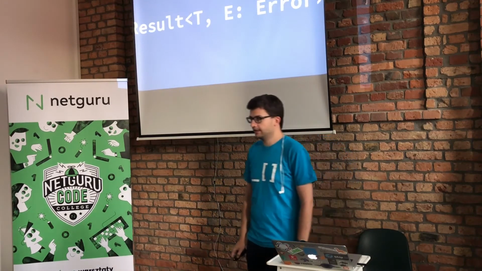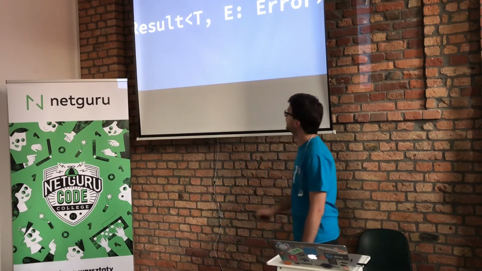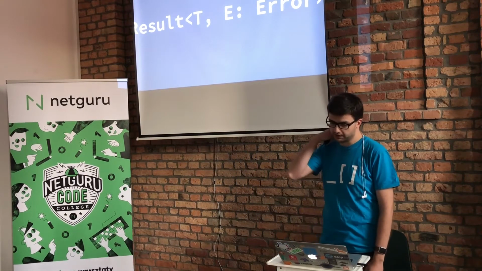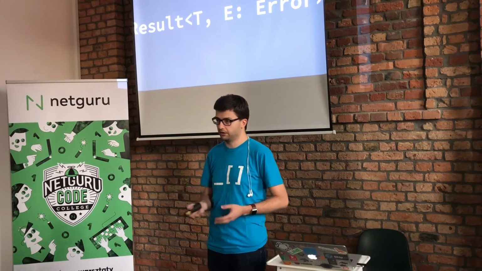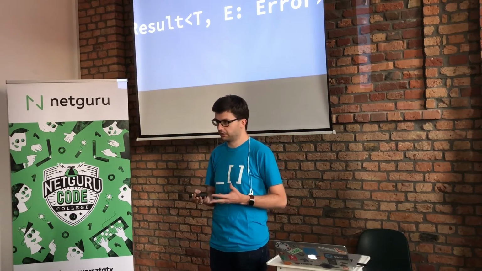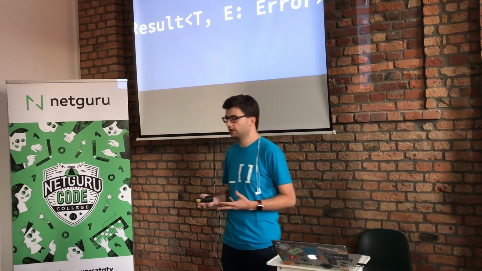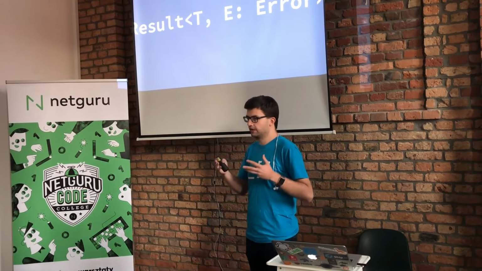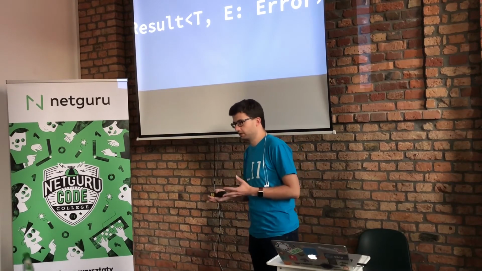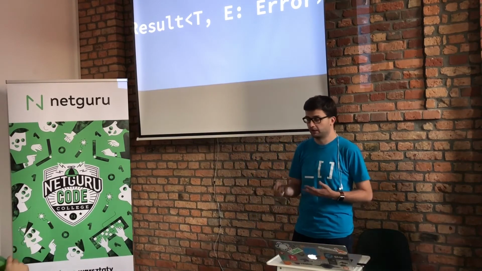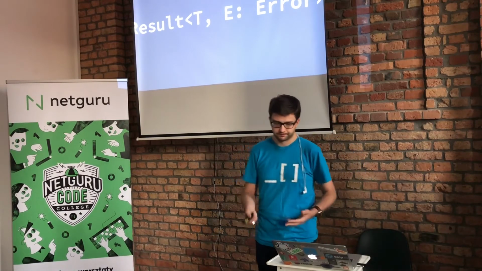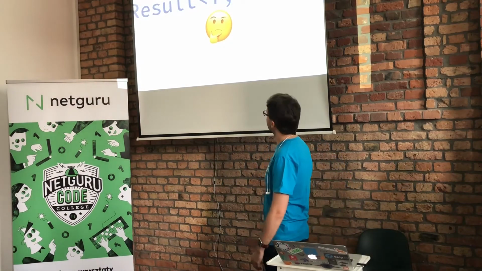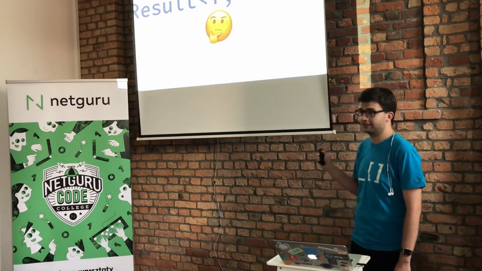Then, a little bit less known, but still pretty widely used, result. Result is a container that is a little bit similar to optional. It can also carry one single value, but there is no possibility for it to not carry any data, like an optional. It always carries some data. It's just that if there is no value, there is an error. So it's used to express that there might be some errors when you are receiving the values, computing the values, and so on.